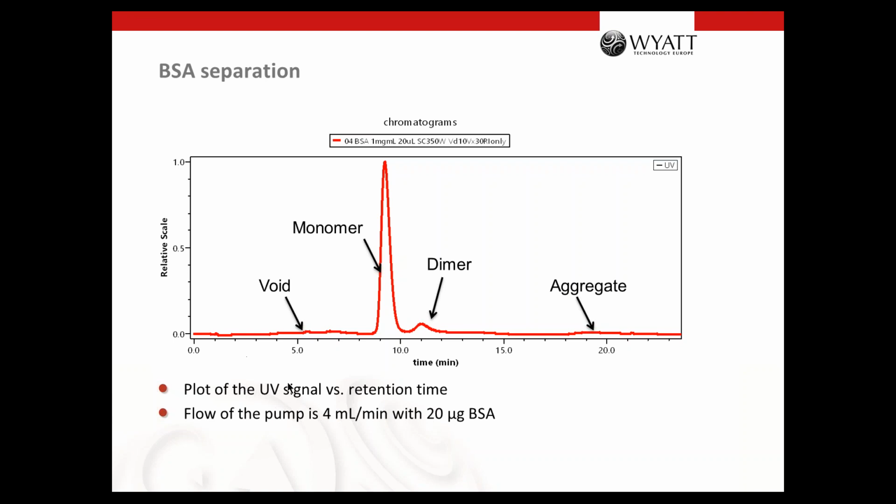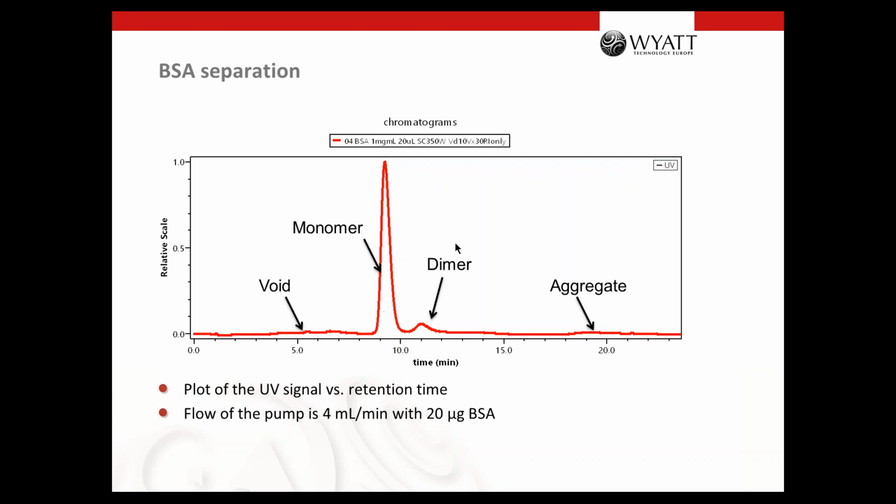And we have again here a pump flow of 4 milliliter per minute. This comes into the channel, and then the FFF splits the flow so that the cross flow is regulated to 3 milliliter per minute, and that means 1 milliliter per minute is left, and this 1 milliliter per minute goes through the channel outlet to the detectors. Here in this example, we injected 20 microgram of the BSA. So that's a quite reasonable amount of sample, which is comparable to an SEC column.